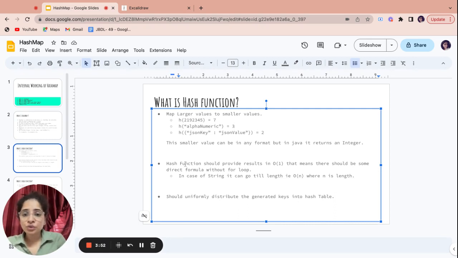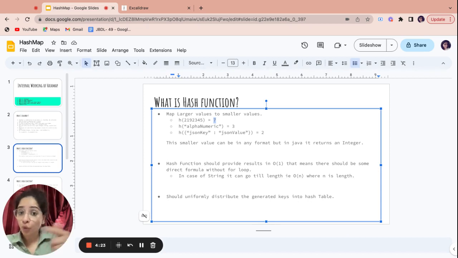Now the hash function should also provide this result, this 7, this 3, this 2, in very very less time. Because if the time is greater, the complexity will get added. So there should be some formula, I'll apply that formula and I'll get this 7. There should be a hash function which returns this value in order of 1.